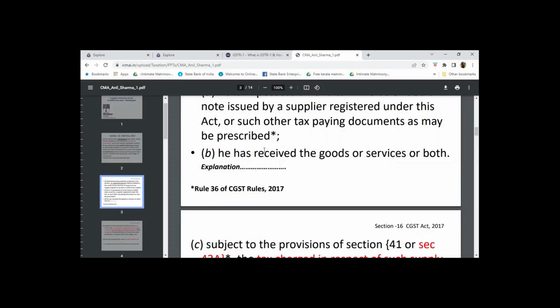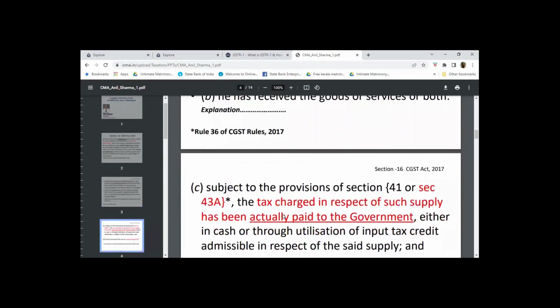Here, clause B is that the taxpayer has to receive the goods or services or both. Clause C is that the taxpayer, subject to provisions of section 41 or section 43,